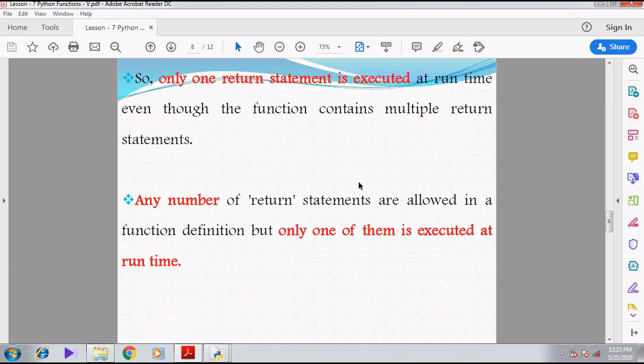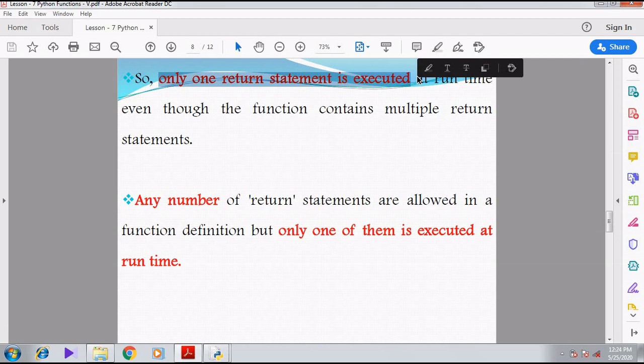Only one return statement is executed at runtime, even though the function contains multiple return statements. Whenever we have one or more return statements, all of them will not be executed at runtime. A function can return only one value at any point of time.